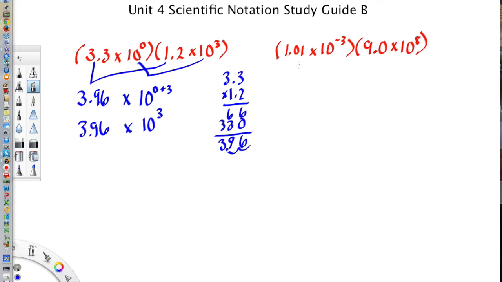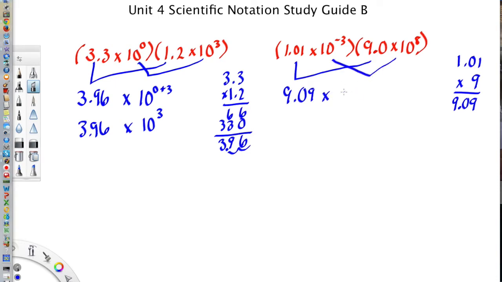Over here I have 1 and 1/100th times 10 to the negative third power times 9 and 0/10 times 10 to the 8th power. We'll multiply our coefficients together first, and I have 1 and 1/100th times 9, which will be 909 with 2 decimal places, so it's 9 and 9/100ths times,